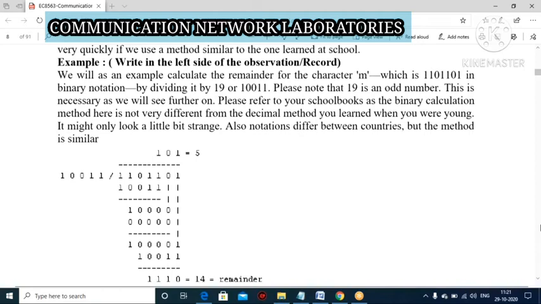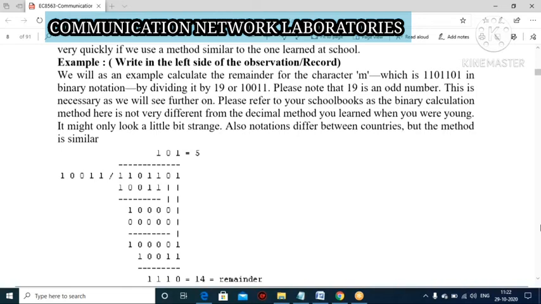But in our lab experiment, I will give you a mix of C as well as Java. So before starting this lab, go through the basic commands and how to write programs in C as well as Java. After that, you will do this experiment. It will become easier for you, right?